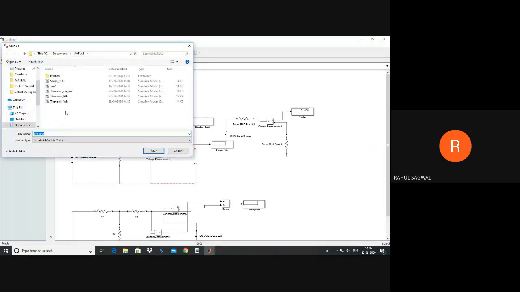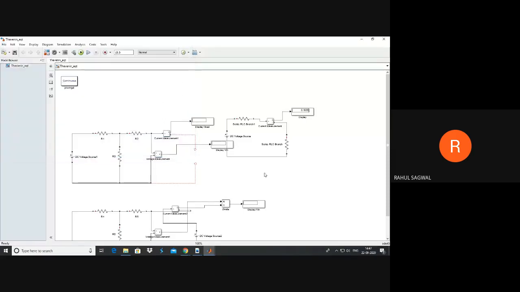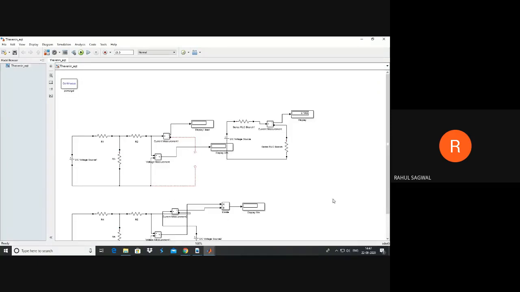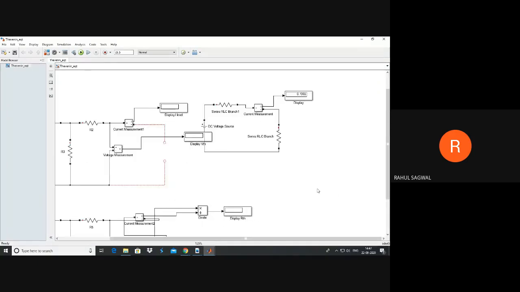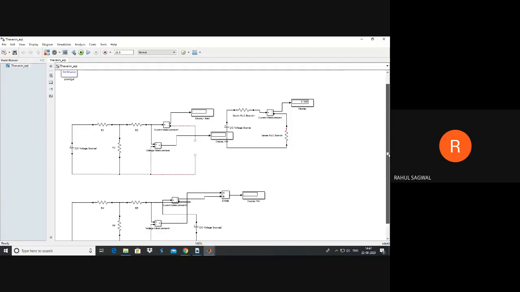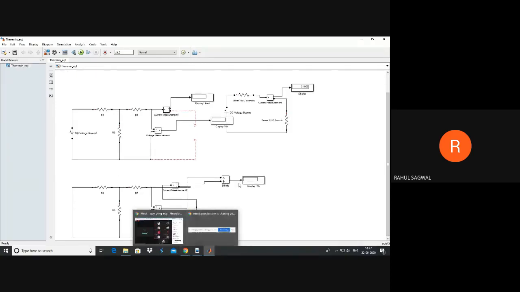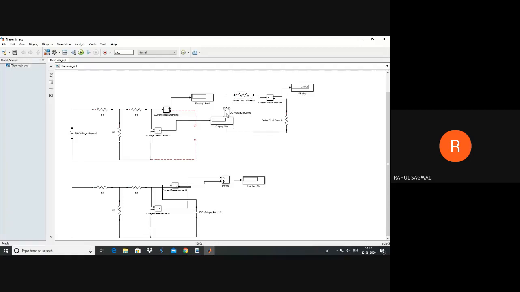Save this file, you can write, having an equivalent circuit. Okay, so next, this circuitry is for reference. RTH value you'll have to provide directly, but for VTH what you can do, first let's shift this circuitry towards right.